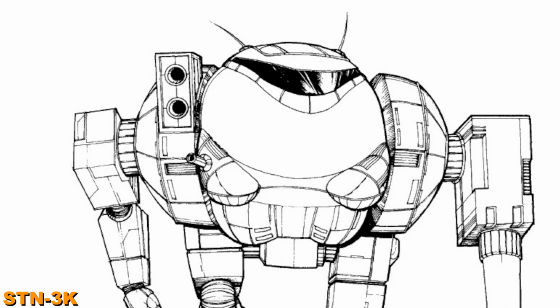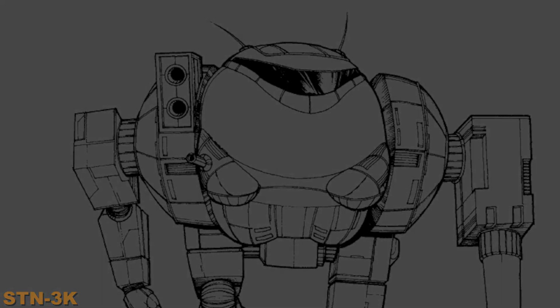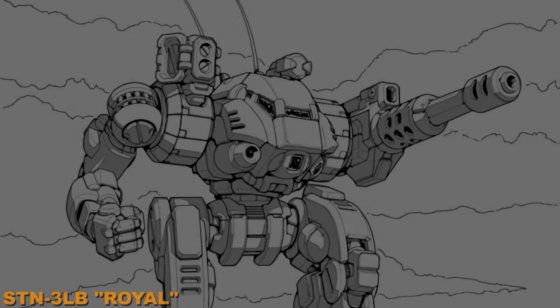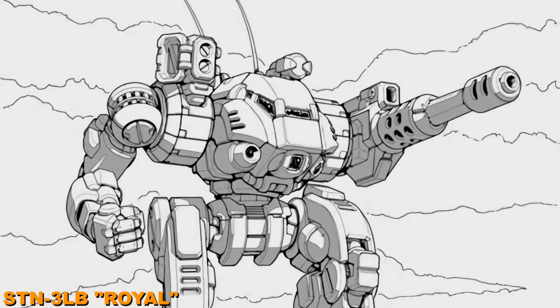It should be noted that several other variants existed that replaced the AC-5 with energy weapons, and while these were effective, they did not prevent the eventual closure of the production lines for the STN. In comparison to the 3K, a design which even cohabitated with the 3L during the Star League, there is another Star League design that must be mentioned, which is one of the most horrifying 40-ton mechs in the history of warfare. That is namely the